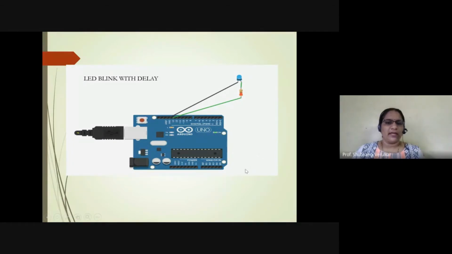Okay, so what we are having, this is your Arduino Uno. To Arduino Uno, connect your LED. And once you connect your LED, connect cathode to ground and connect anode to pin number 13. As you know that pin number 13 is a built-in LED pin. Otherwise, you can connect to any pin number which is available here. As per your choice, you can connect. You have to just choose that respective pin, nothing else.